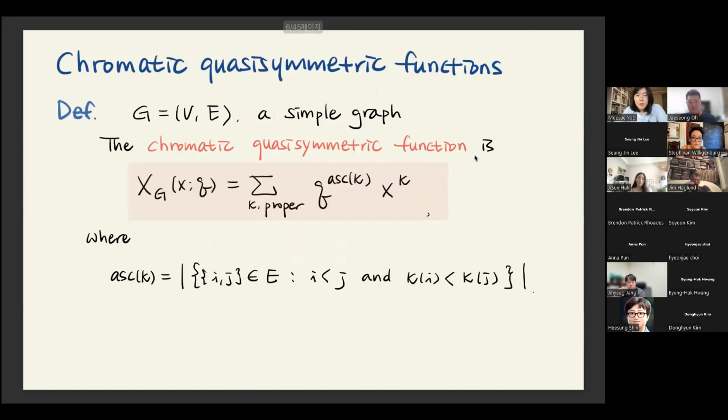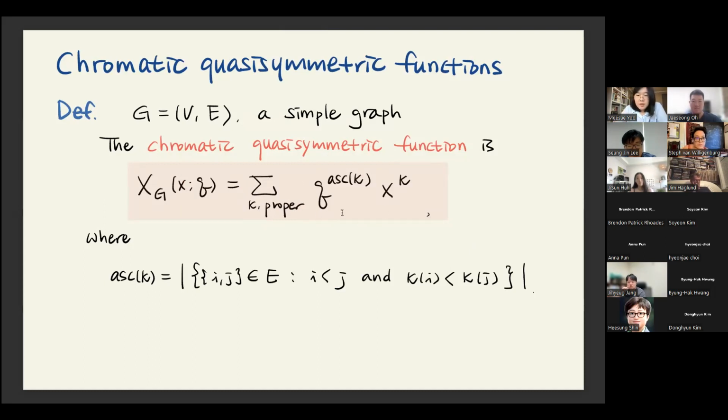Now, I said that I'm going to consider the chromatic quasisymmetric functions. So let me define the chromatic quasisymmetric functions for any simple graph. I'm going to consider a coloring, which is just a function assigning positive integer values to the vertices. And the coloring is called proper if two vertices are connected by an edge, then the coloring values should be different. So now I'm going to compute the chromatic quasisymmetric function over all possible proper colorings